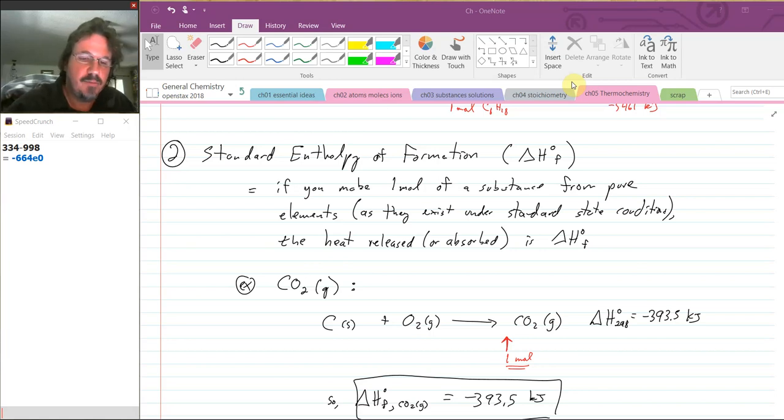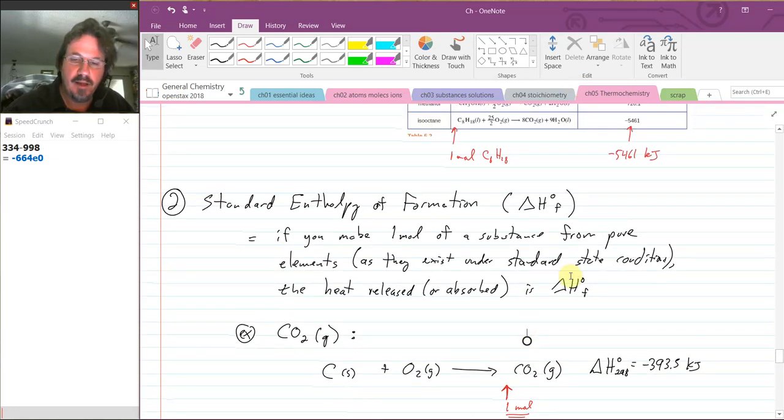The second example is the standard enthalpy of formation, which they symbolize here as delta H standard F. So delta H naught F, F for formation. And here's how the book more or less defines this. It says if you make 1 mole of a substance from the pure elements, so for example, water is H2O, so if I take oxygen as it exists in the pure form and hydrogen as it exists in the pure form, and I put them together and make 1 mole of water,